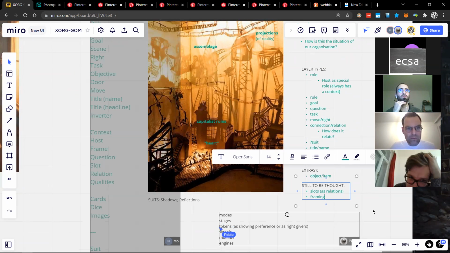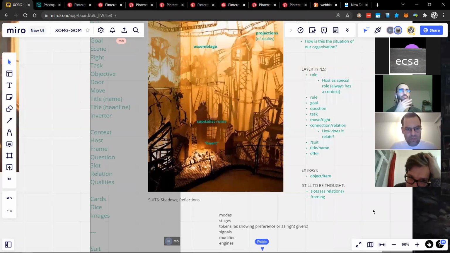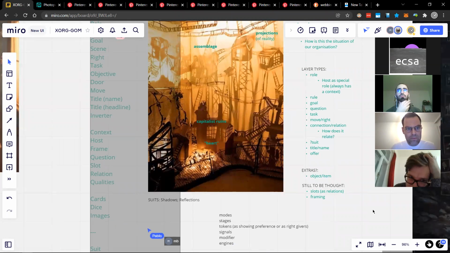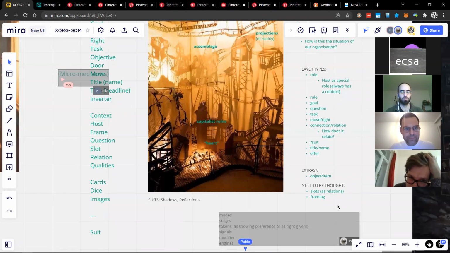Like the filter quality is important to explain, because then it really explains something about the action, explains how things are different. The framing, maybe not. But I put it in the still-to-be-thought pile now. The framing is certainly present, but it's almost like over-explaining to explain it as well.